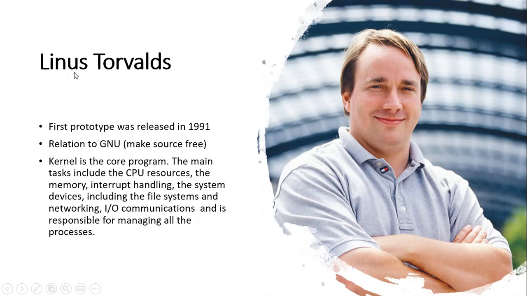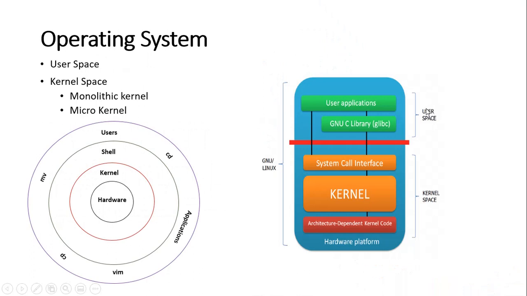Linus is his name, and the X comes from Unix. Since in the GNU project they were able to generate general utilities and the applications to interact with the kernel, everything was developed under the GNU project, and for the kernel they make use of Linux, so entirely it is called GNU Linux. Similarly, there are other distributions with respect to Linux.